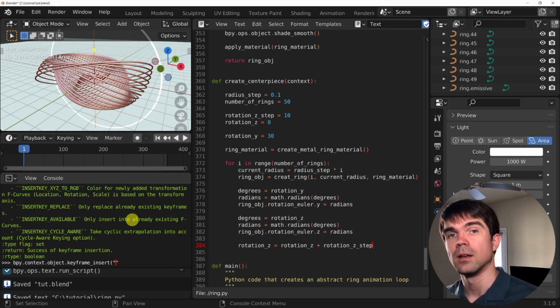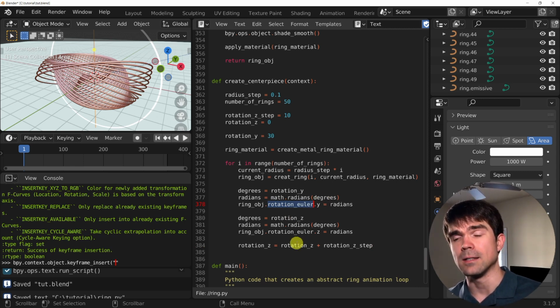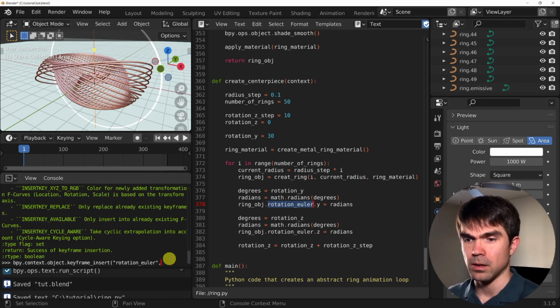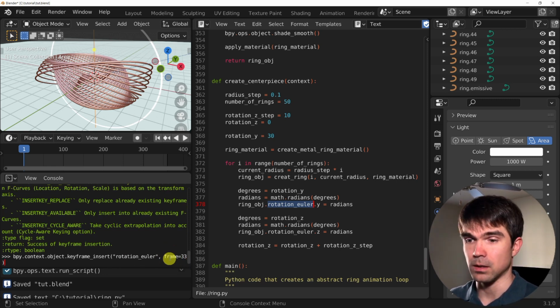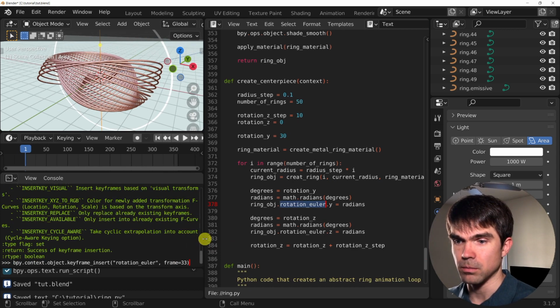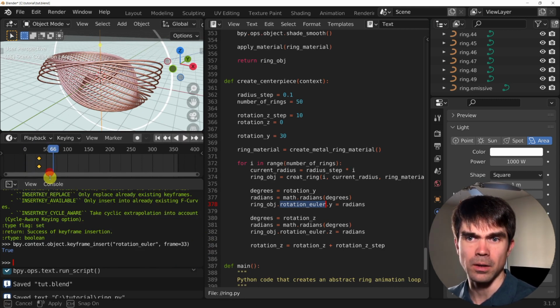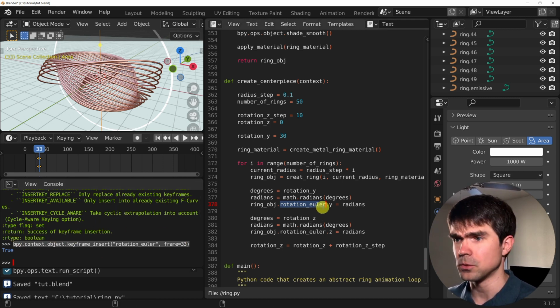So the data path is, in short, the path that we're going to be animating, and in particular, for our case, it's the rotation Euler data path. And we need the frame number, and let's set it to 33 just to make the point. Just gonna move this a bit, and I'm gonna hit enter, and you can see that we just added a keyframe with Python. All right, so we're just gonna take this code right here, just copy that